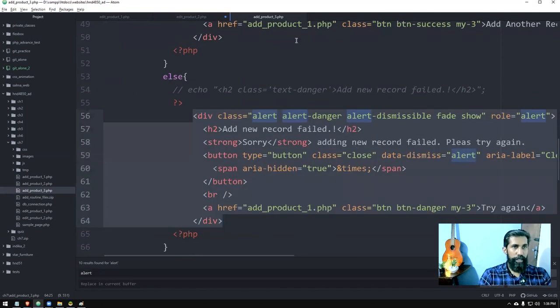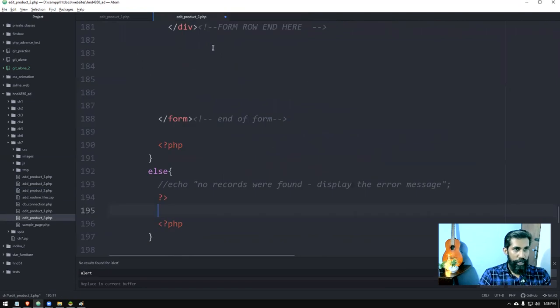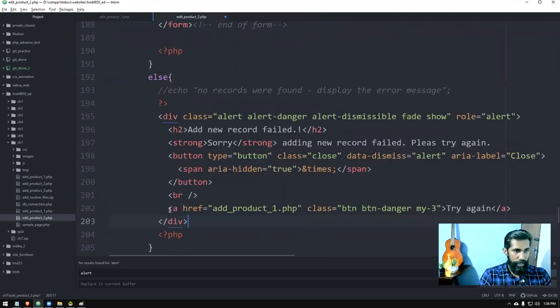Sorry, the error, we already have it. We can come here and paste it here. We need to change this one, right? So we have to say